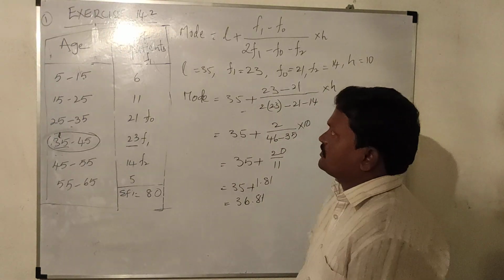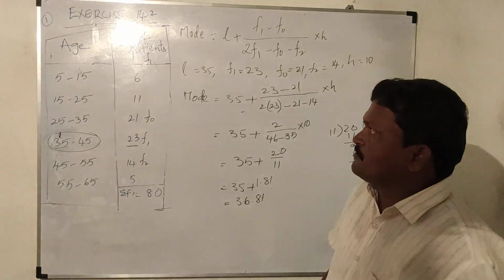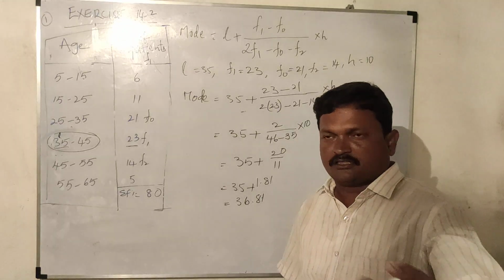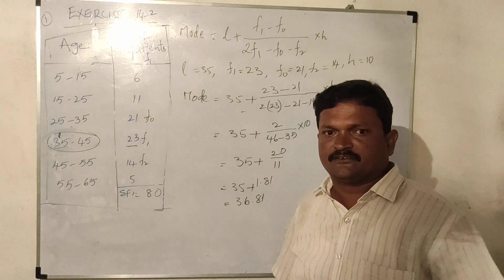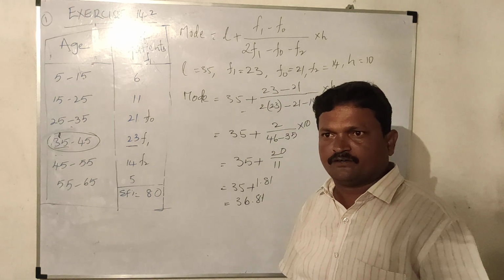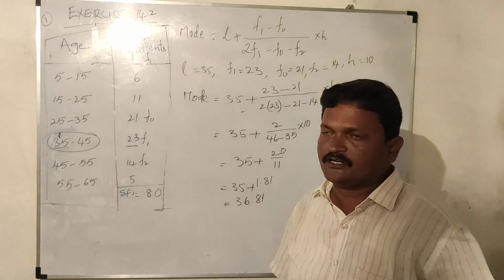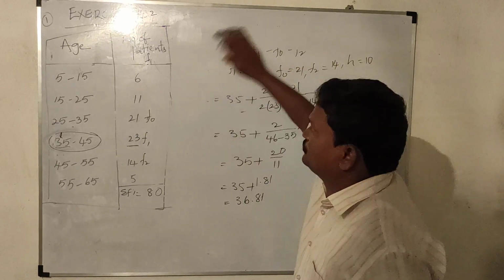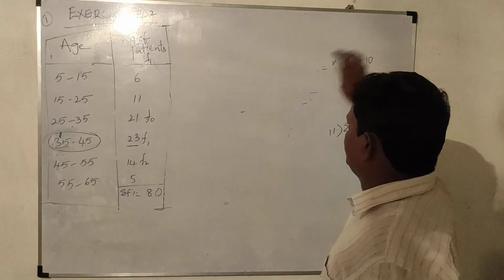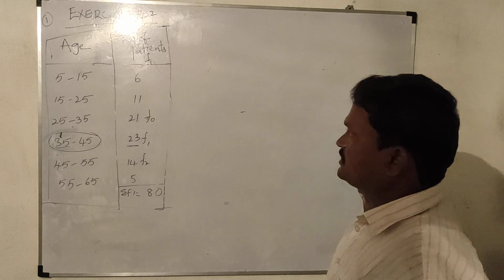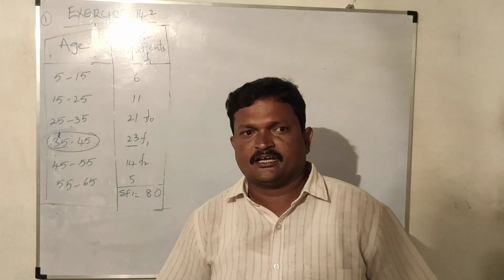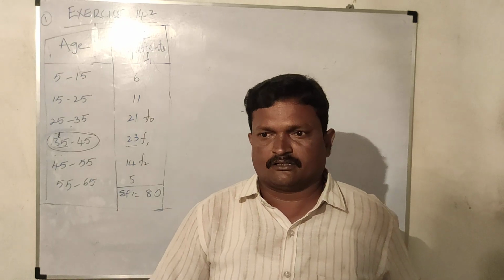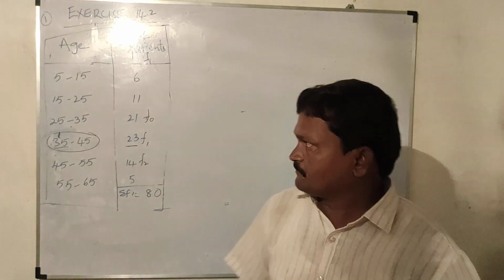So for the same data we need to find the mean also. In the textbook, exercise 14.2 problems, for some problems they have asked to find both mean and mode. For some problems only mode is enough. You have to do the remaining problems. Total I think 6 problems are there. You have to solve all the remaining problems and send them in the WhatsApp group.